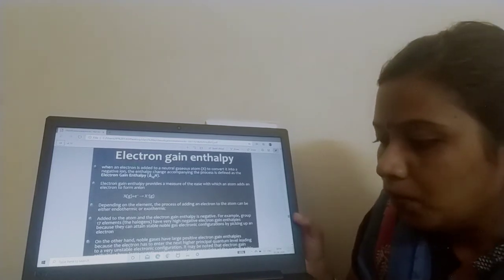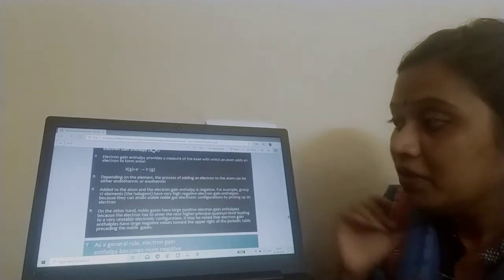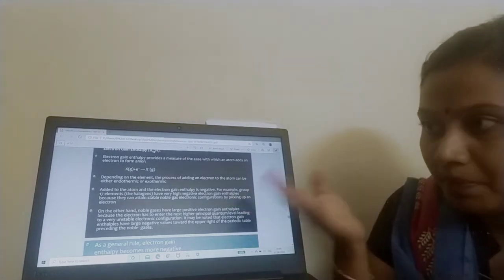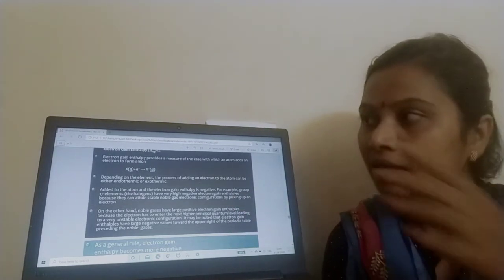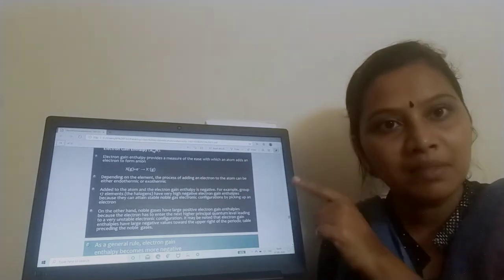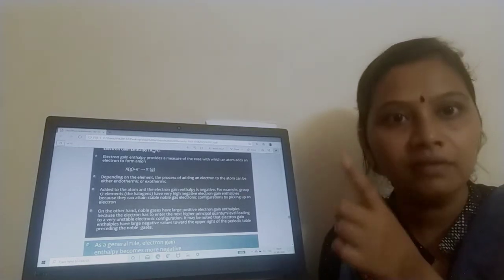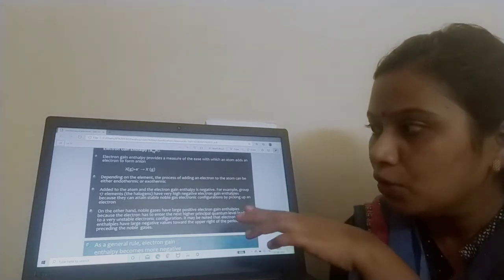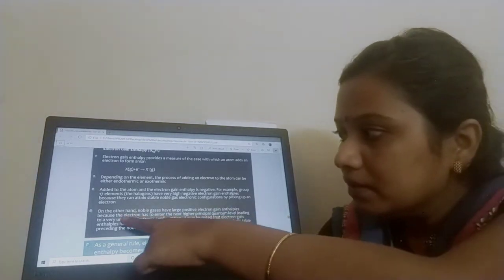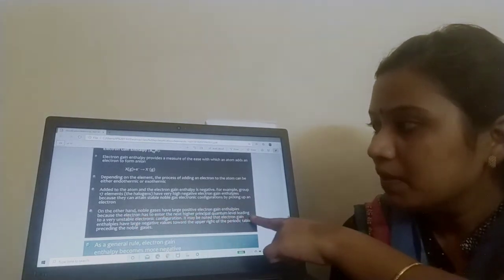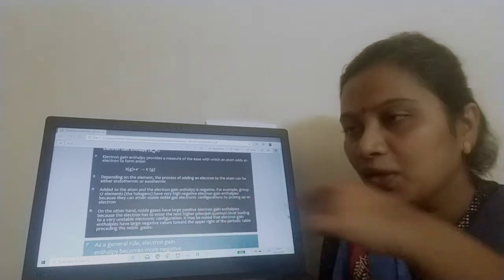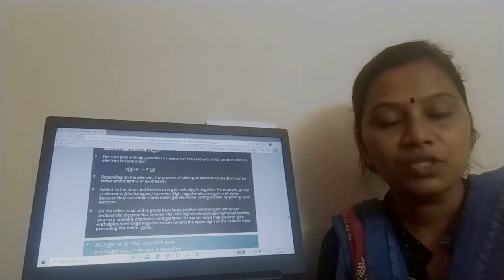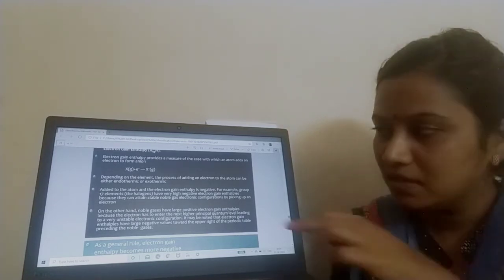Okay. Now we need to see the contrary. Which elements have large positive electron gain enthalpy? We were discussing halogens under elements having large negative EGE, and large positive EGE will be your noble gases, because the electron has to enter the next higher principal quantum number, leading to an unstable electronic configuration. They are already stable, already in the octet configuration. So when I add one more electron, they become an unstable configuration.